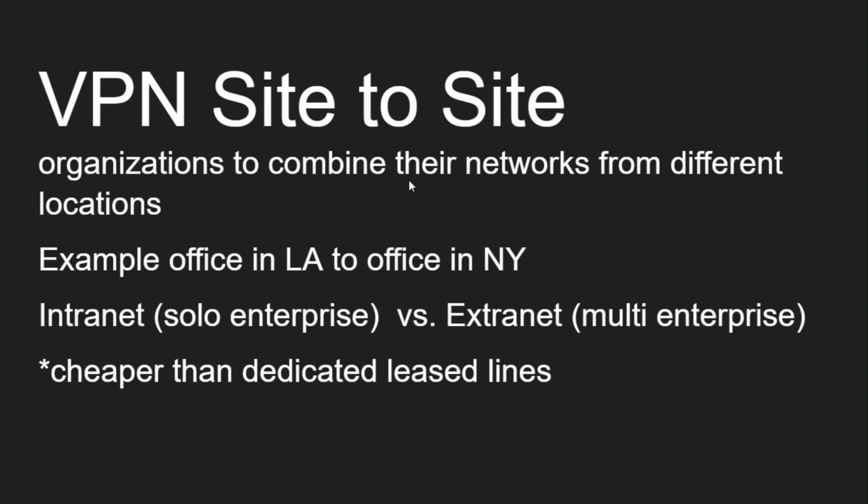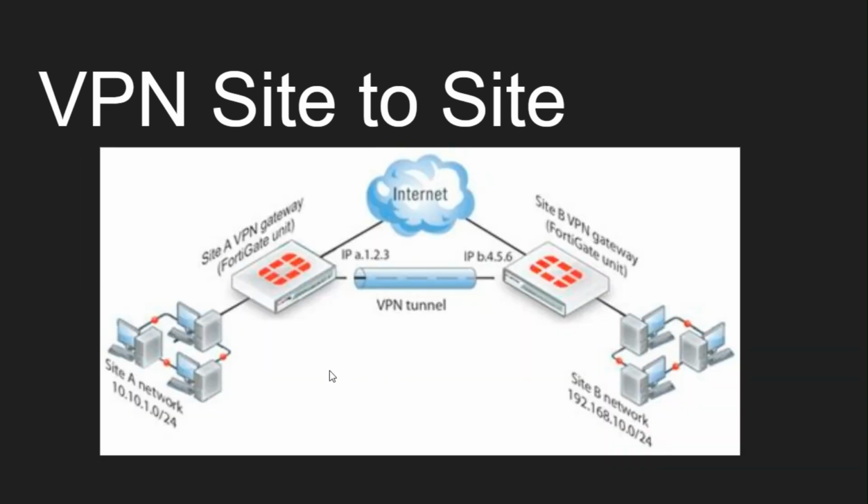And you probably will get a question of the company is trying to find ways to save money. They had a dedicated leased line that is going to expire, their contract expires in 6 months. What would you recommend to continue with the same level of security or similar level of security and save some money? And you would say, hey, VPN site to site. And this goes ahead and paints a picture, as you guys can see. You have organization A, you have organization B, you have some networking equipment here going to the internet and the VPN tunnel. So the VPN tunnel is your own little dedicated highway lane.